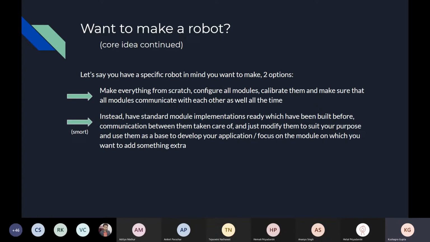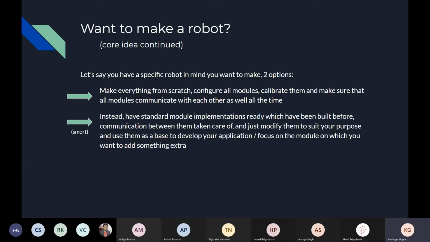So you can either take the hard way, which is making everything from scratch for your robot, or instead you can say, okay, you know what, as we're already thinking about a robot in abstract terms, and we have divided the robot into these modules or components, let's take a standard implementation of all of these modules which have been built before by some people, and let's have a system where the communication between these modules is taken care of, and the system also runs these modules.